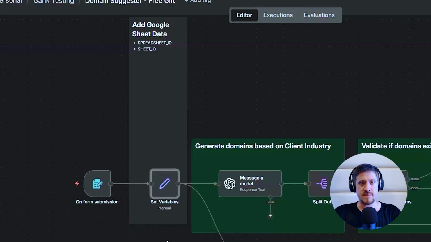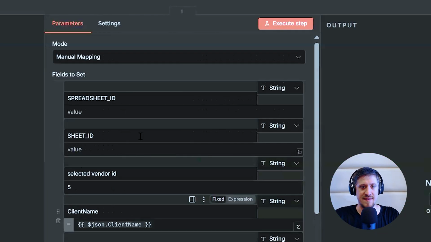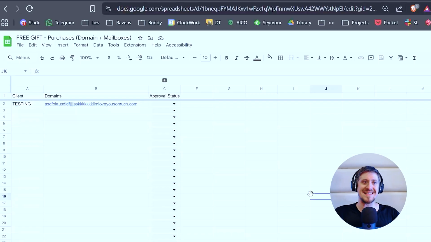First, for n8n, in order to set this up, you need to fill in the set variables here. You're going to fill in the spreadsheet ID and the sheet ID. To get these, you go to the spreadsheet. So this right here is the free gift version of the spreadsheet you're going to be getting. This will also be found in the cheat sheet, and you will copy this,